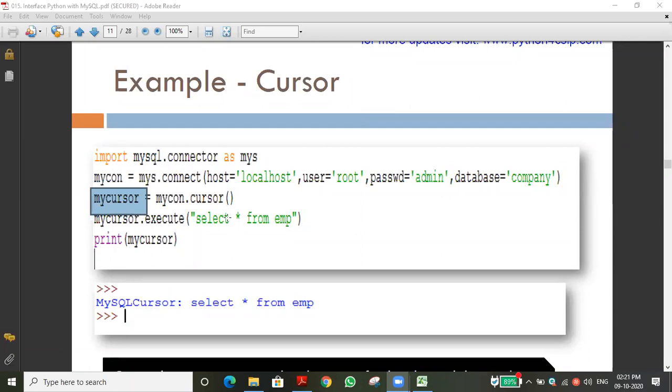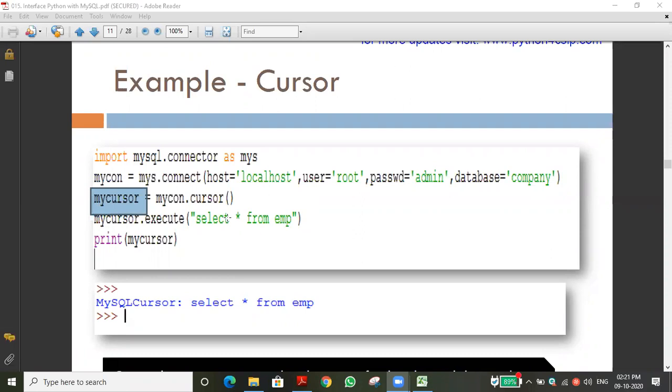What are the objects in file handling, especially the CSV file we dealt with? The file object, and another one, the reader object or writer object. Very good. If we are reading from the CSV file, we call it a reader object. If we are writing into the file, it is the same object called a writer object.